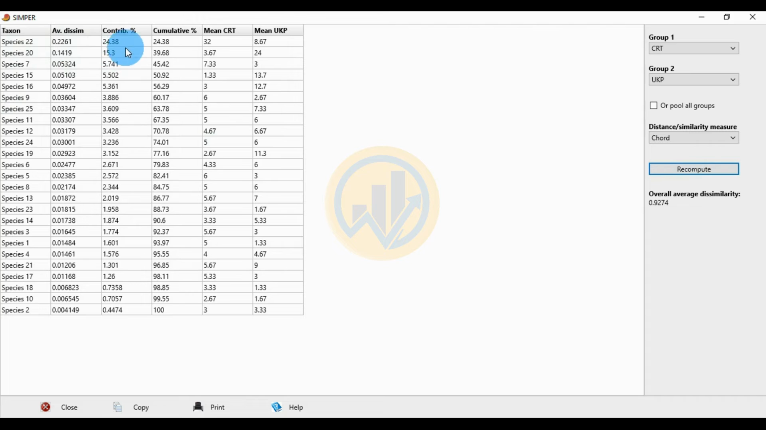Okay, the contributor percentage is 24.38, and the cumulative percentage is 24.38 also, the same. Then the mean for the first group and the mean for the second group are 32 and 8.67. Okay, then next one,